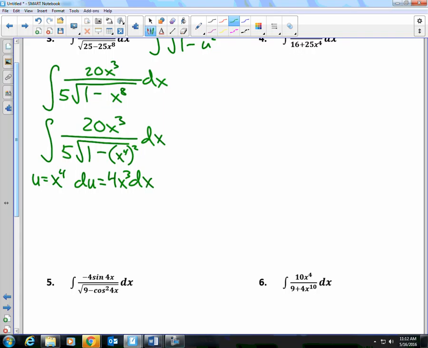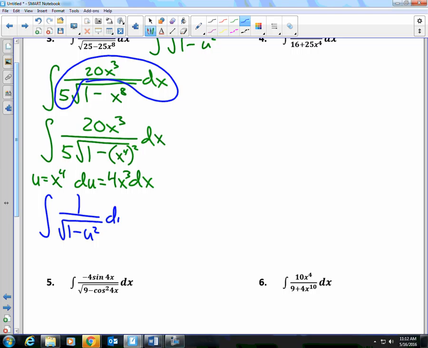Do you have a 4x cubed dx? Yeah, you have 20 x cubed over 5. This whole piece will just be replaced by du. We now have the integral of 1 over the square root of 1 minus u squared du. That antiderivative gives us sine inverse of u, which is